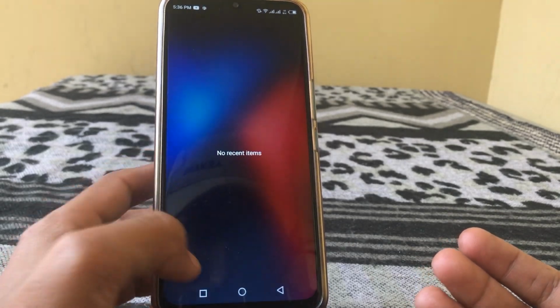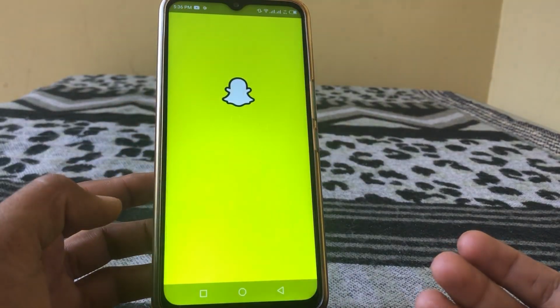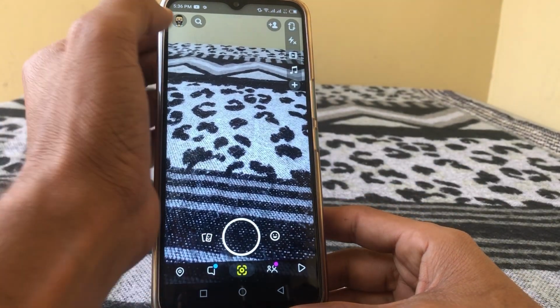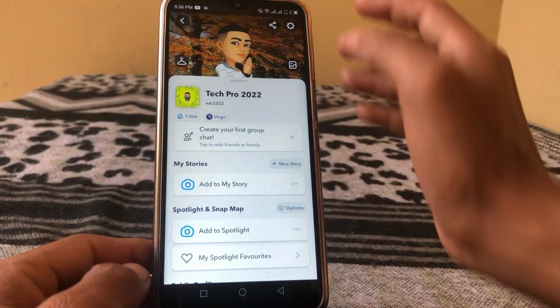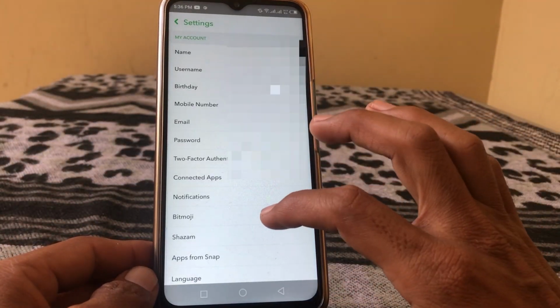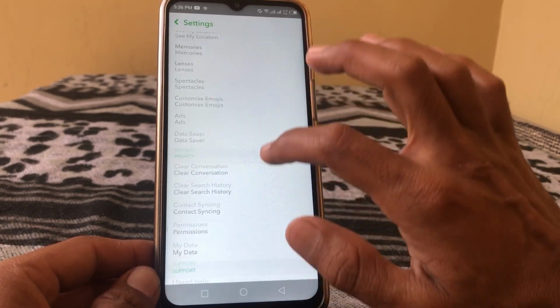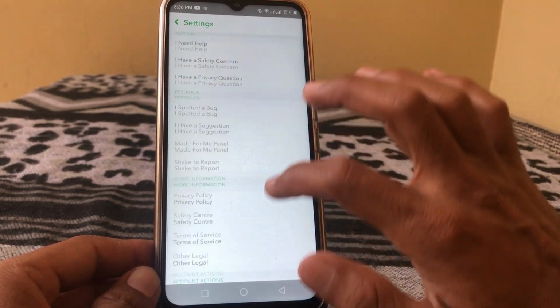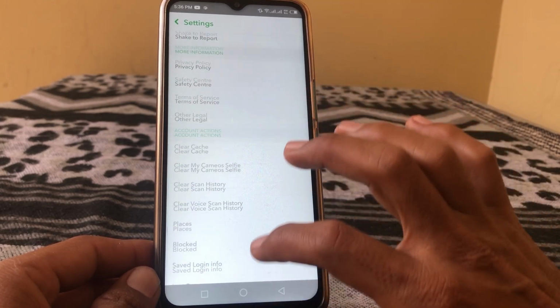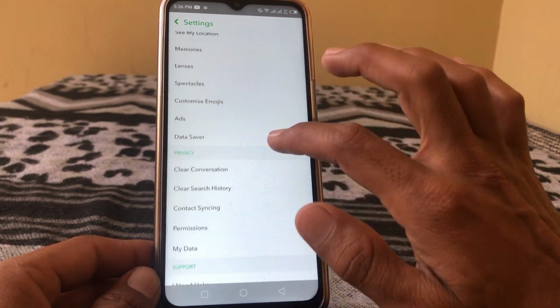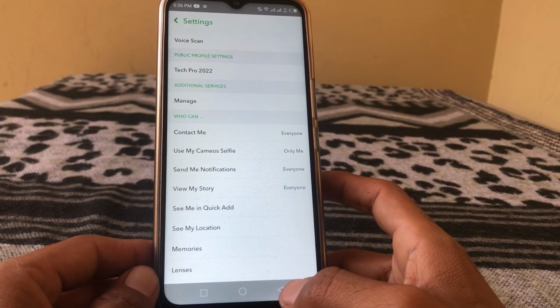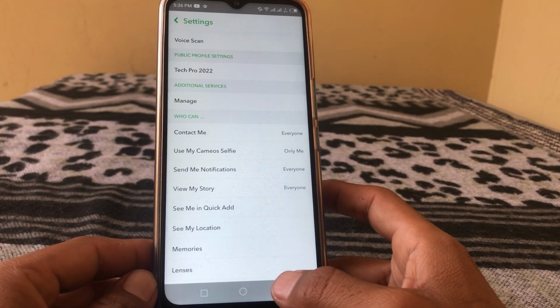First of all guys, what you have to do is just simply open Snapchat, then tap on the profile icon, then tap on settings, and then let me show you here. App appearance is not showing in my Snapchat. To fix this, what you have to do is just simply go back